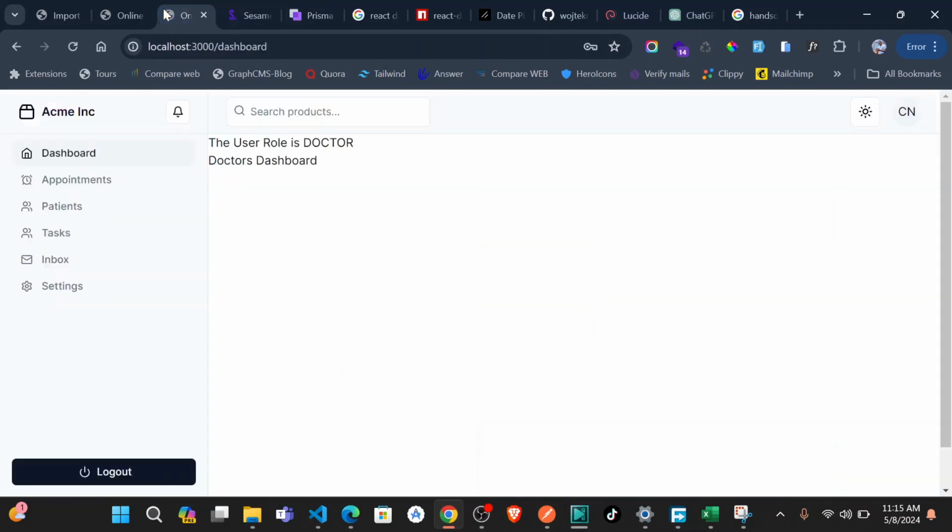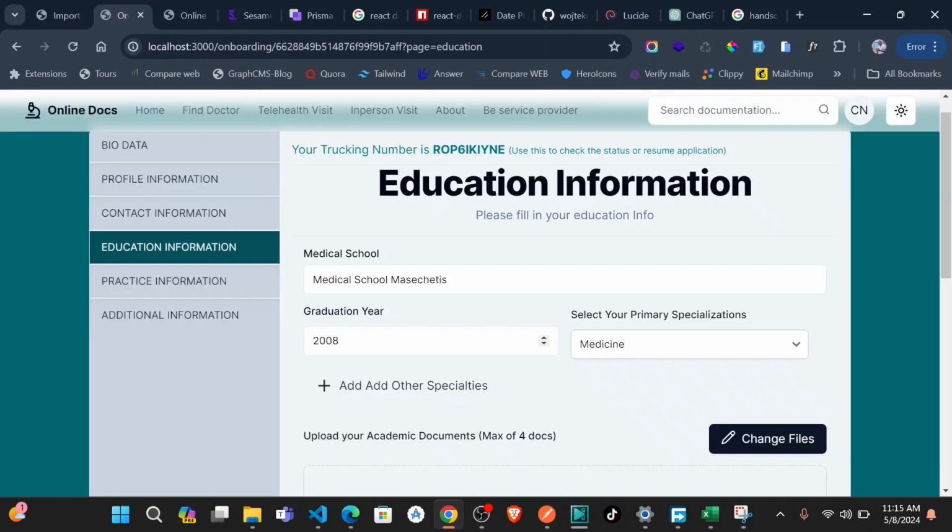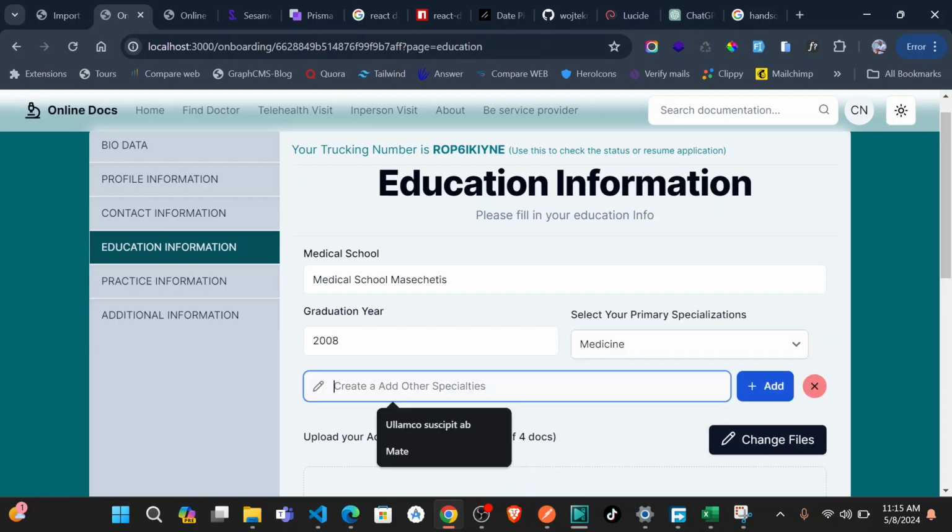Okay, let's just be serious about this. So select your primary specialization. Now these ones might not necessarily be the ones, but we can't just fetch them according to the one we have. This one does not necessarily have to be the services. These ones can be specializations also. We just have to have a model for specializations. For now, let's just pick medicine. Add other specialties,